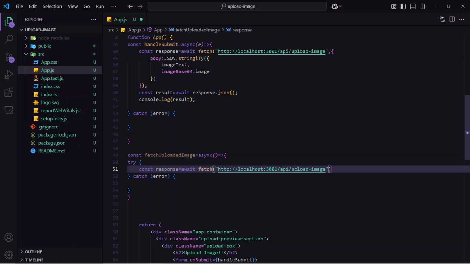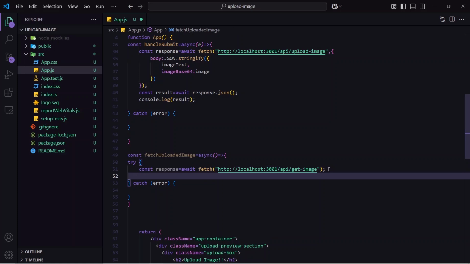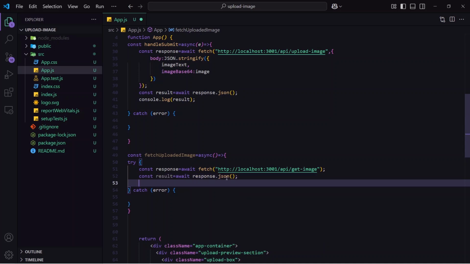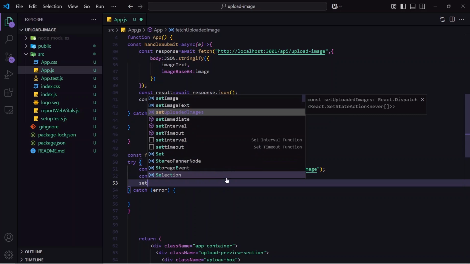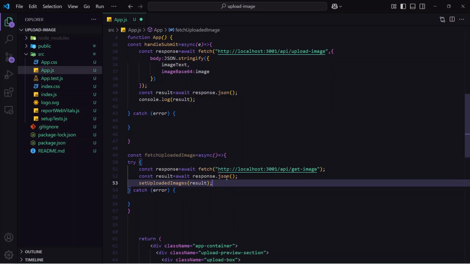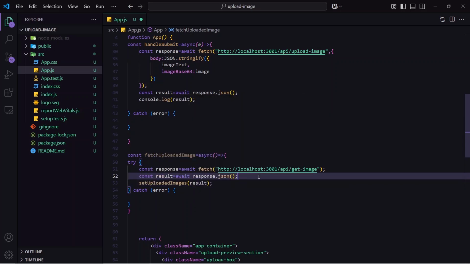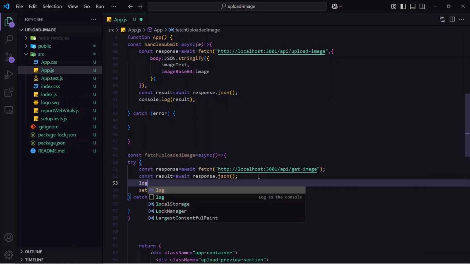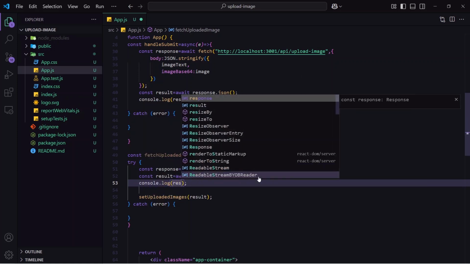My API name is get image, and for the get method we don't have to specify anything. After that I will again copy this line, const result equal to this one, and inside the result we will get all our data. So I will write set uploaded images as result, and just to see the data I will also write a console.log of the result.